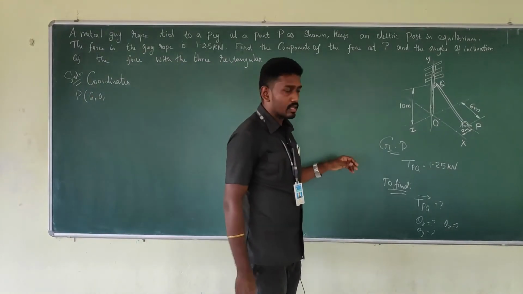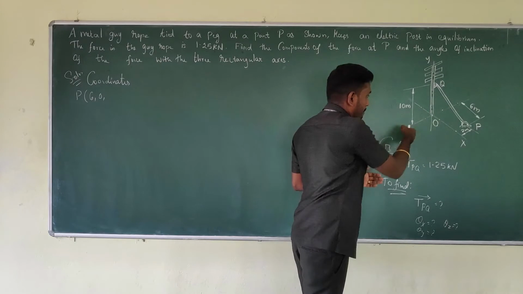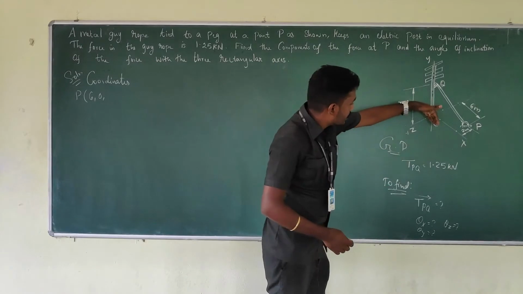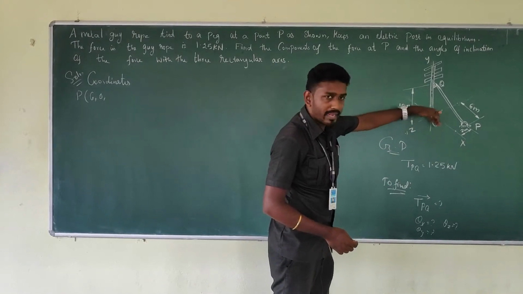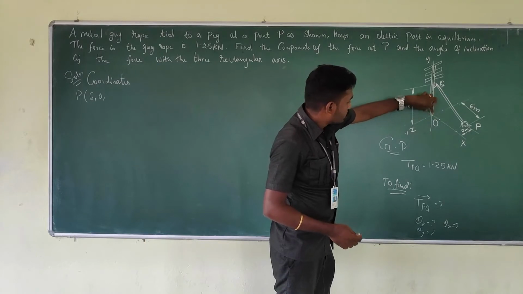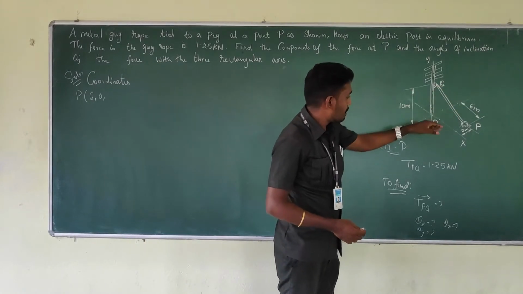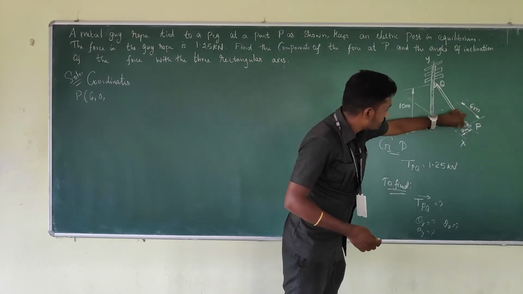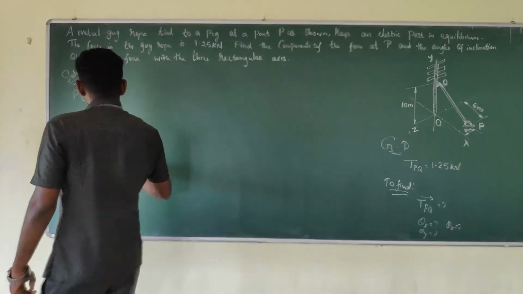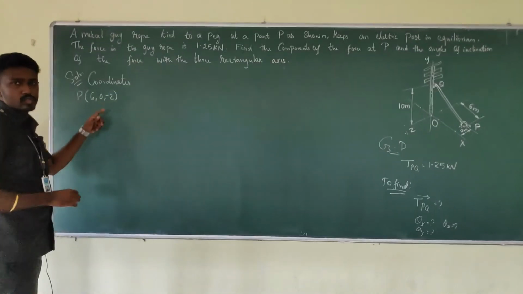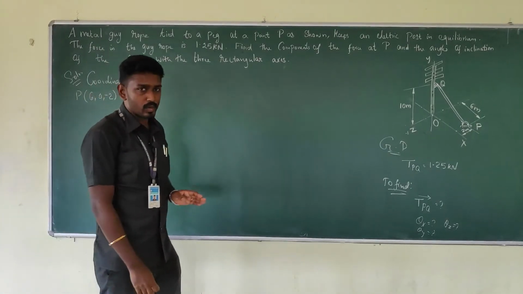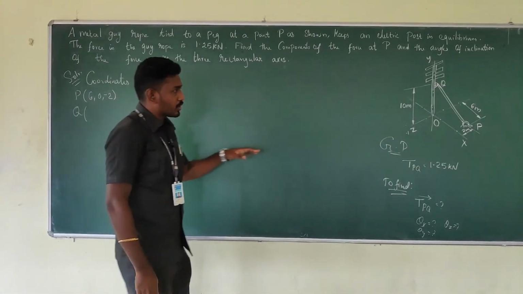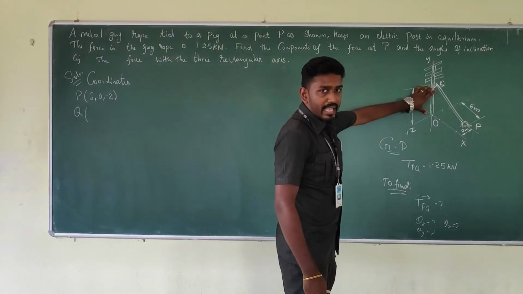What about Z? The Z direction is here. This is the Z positive direction, and here is the negative direction. Actually, P is not in front of O, it is just behind, so it is going in the negative direction. The measurement given is 2 meter, so specify this 2 meter as minus 2, since it is going in the negative direction. What about the next one? Q comes. What about the X axis?